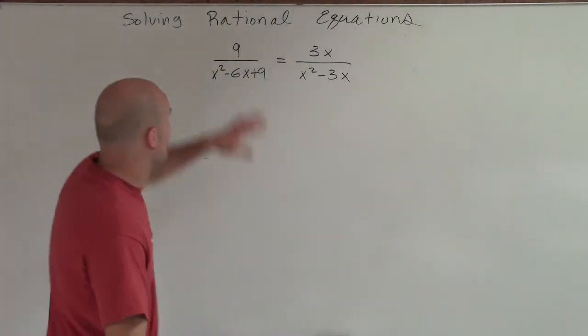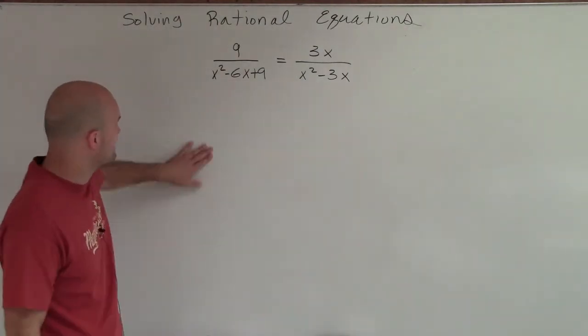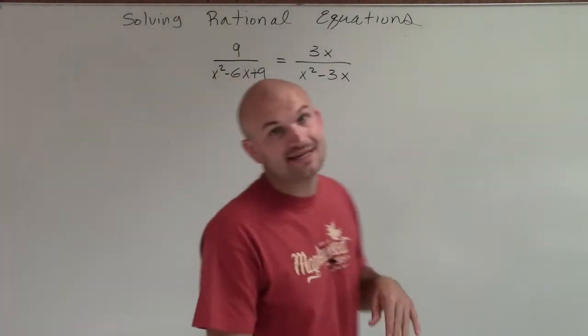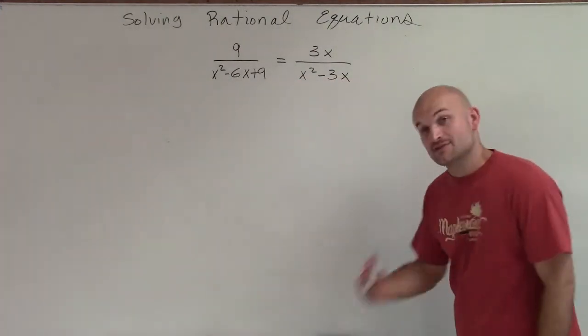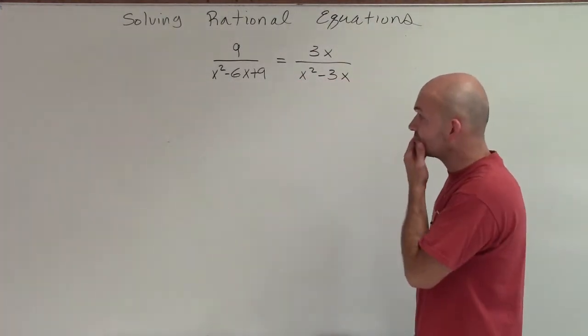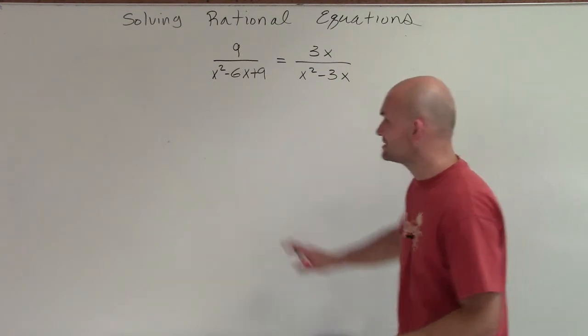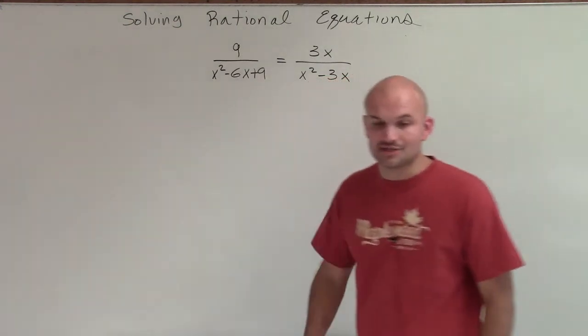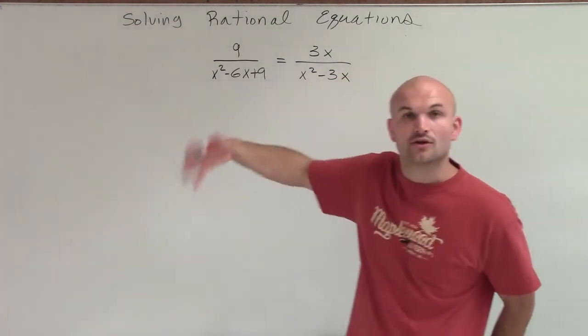Welcome. So what I have here is 9 divided by x squared minus 6x plus 9 equals 3x divided by x squared minus 3x. All right. Now, when looking at this, a lot of times when solving rational equations, we obviously know that we can apply